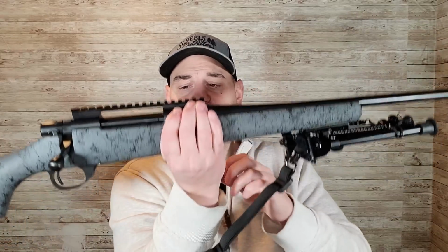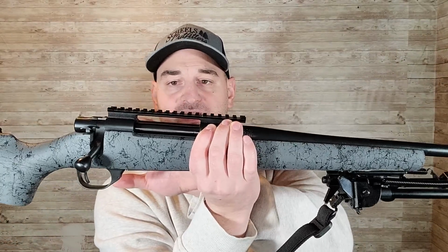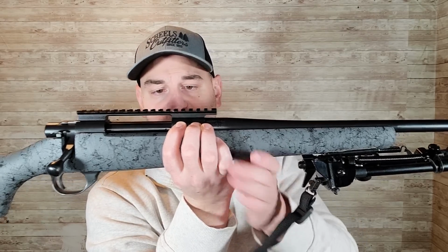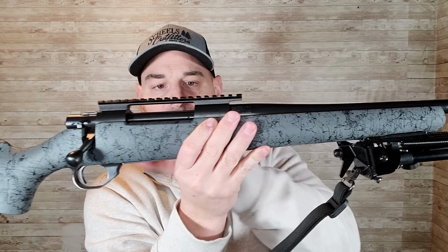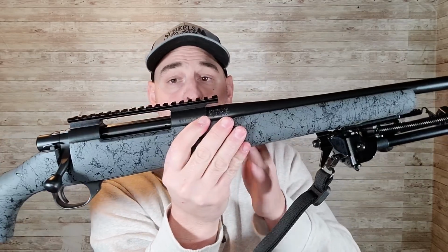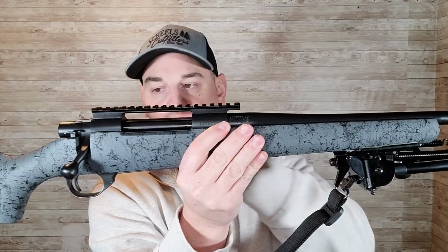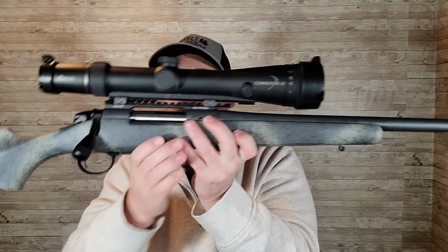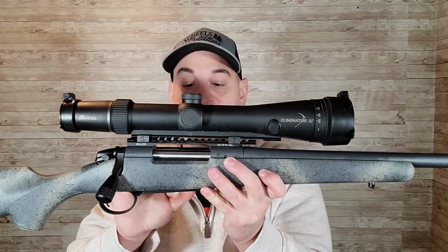Now the action on the Howa, or the receiver I should say, is one-piece forged metal, okay? So they actually forged the metal receiver, and the recoil lug, which sits in here, is huge and hefty, and it's one-piece part of the receiver. On the Bergara, I've heard differing information. I'm not quite sure if it's forged or if it's bar stock or what it is,